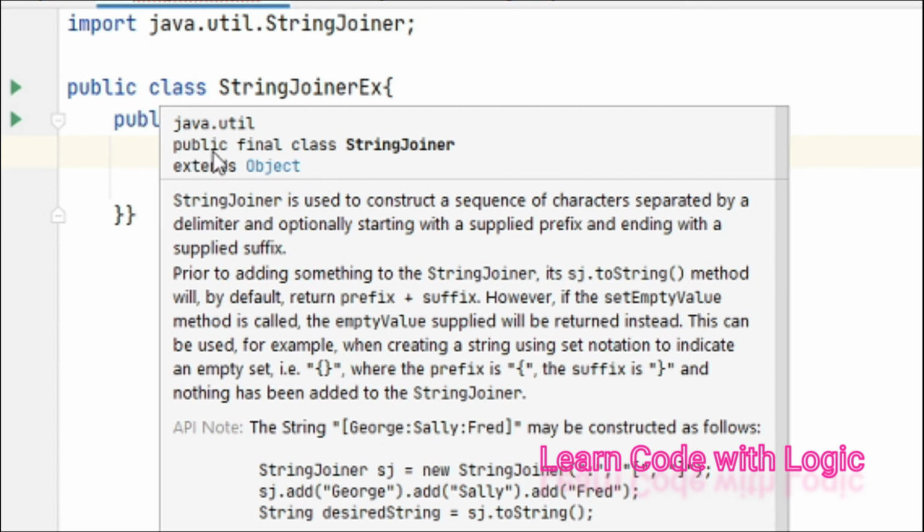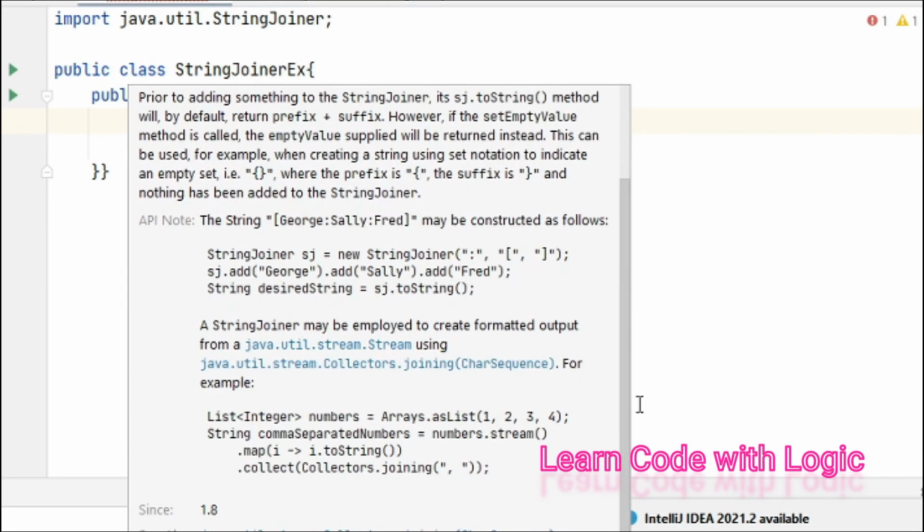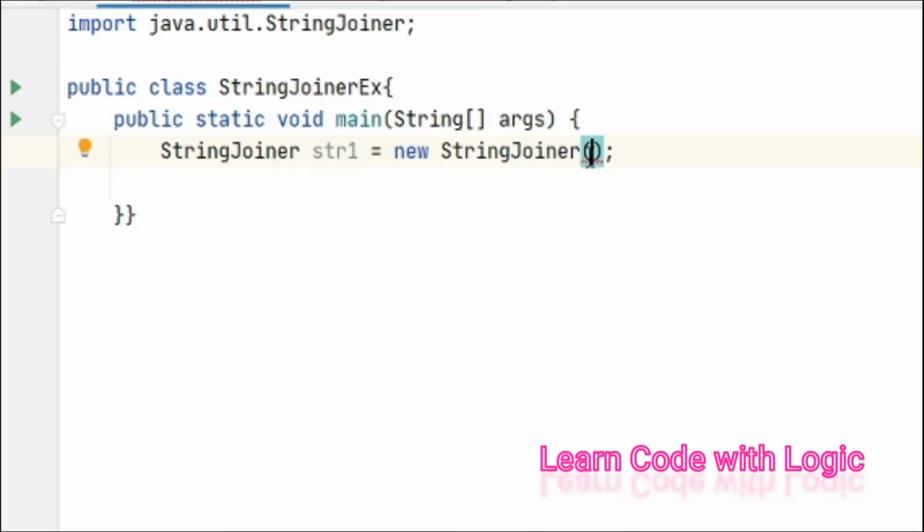The class is final and extends Object. It is used to construct a sequence of characters separated by a delimiter and optionally starting with a supplied prefix and ending with a supplied suffix. And we have some examples also. Okay, so it's compulsory to provide the delimiter here. Here I'm providing a hyphen. You can also try a comma or something like that.